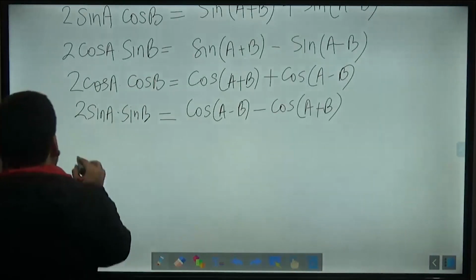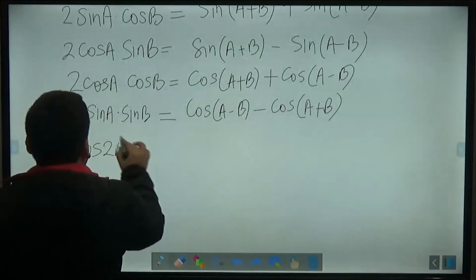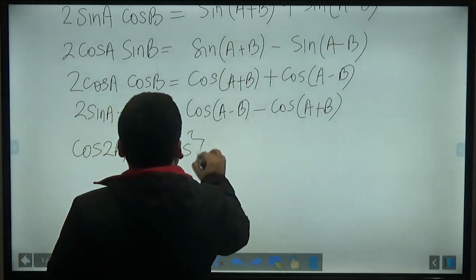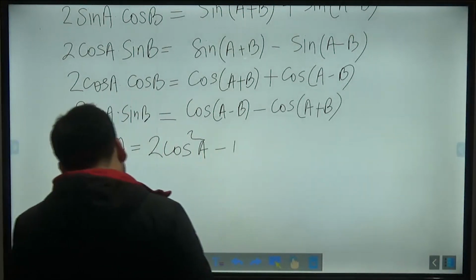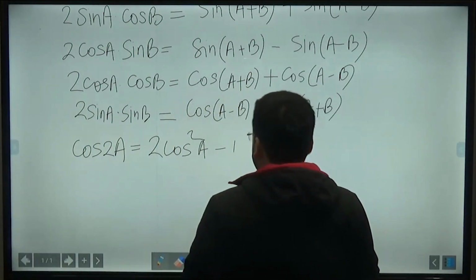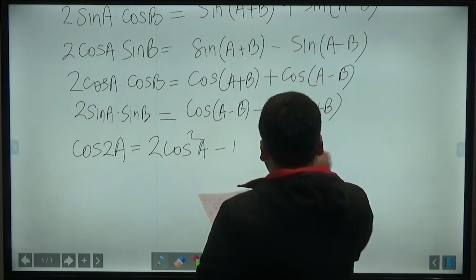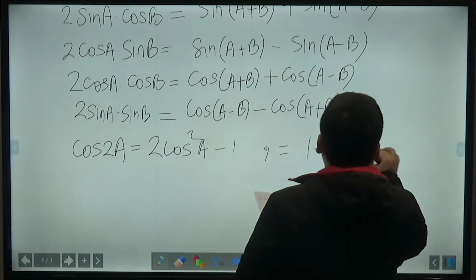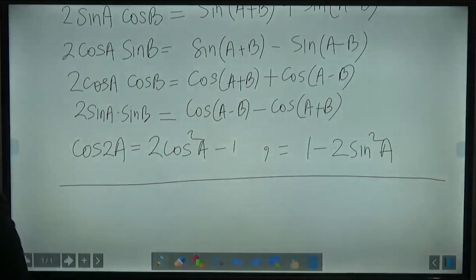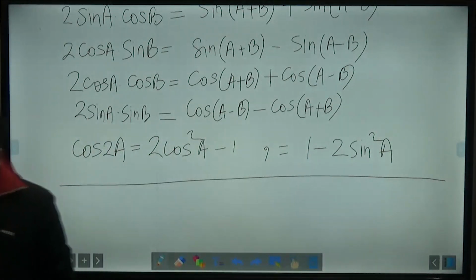After this, the last formula which will be useful is cos 2a. So cos 2a will be equal to 2 cos square a minus 1, because I know that after 12th class people forget all these formulae. In class 12th when you are preparing for JEE or some other competitive exam, these formulae are very fresh. Or you can also write it like 1 minus 2 sin square a. So these are the few formulae which I told you will be useful in the whole calculus portion.